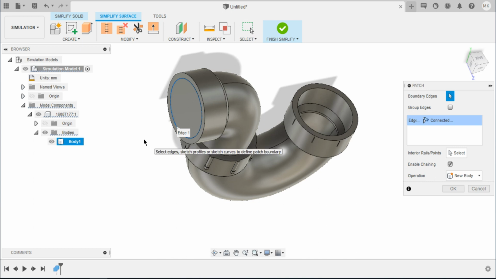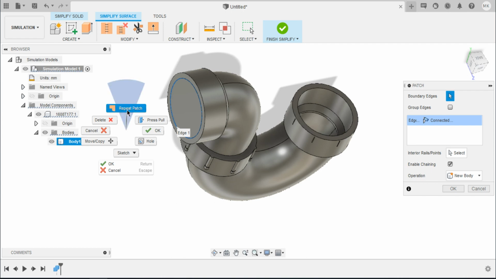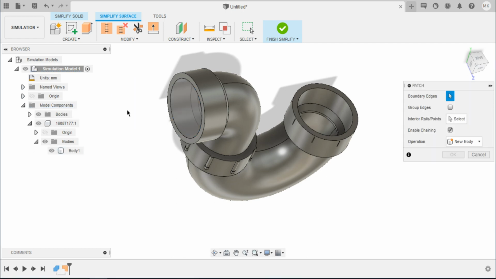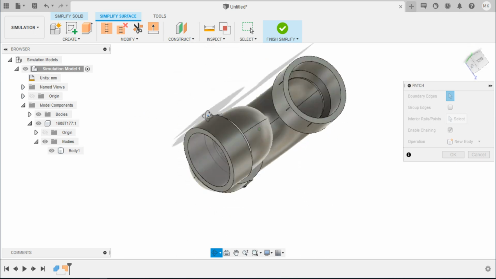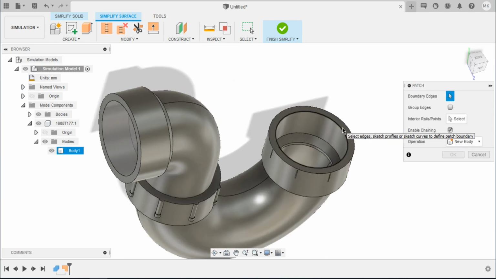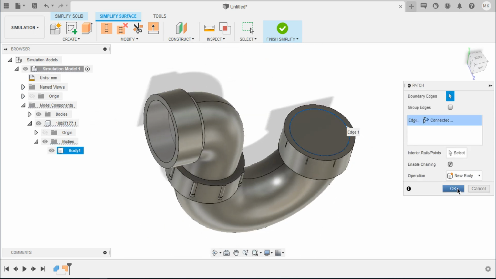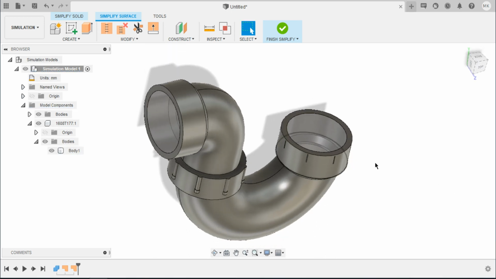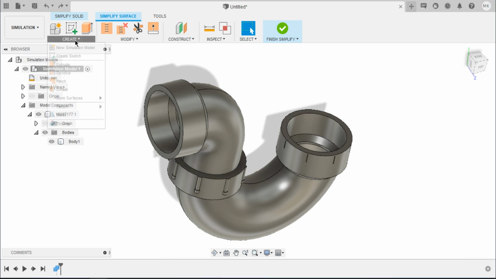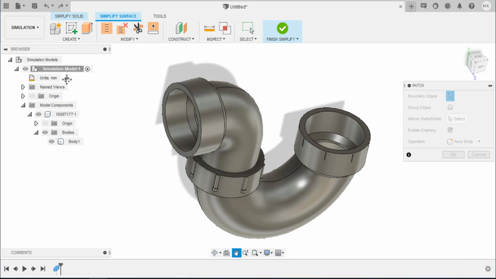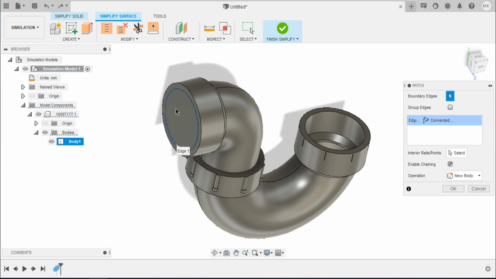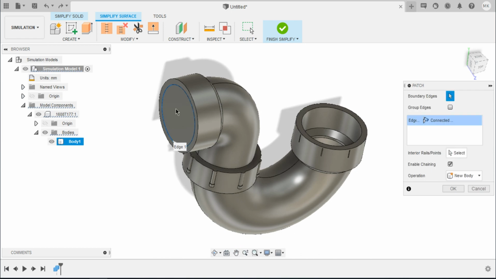I'm not gonna click OK and I'm not gonna repeat patch again. To save my time, I'm just gonna use my marking menu to repeat that command. If you observe here, it has added. And now I'm gonna select this edge. You got it right? I'm gonna do it for you again. Under create, select patch. And now select this edge. It just capped this edge.